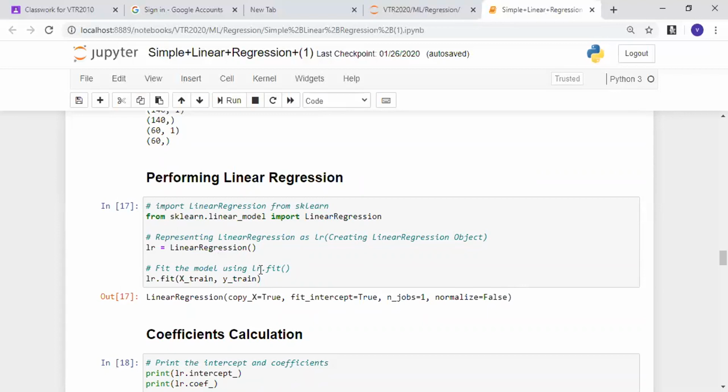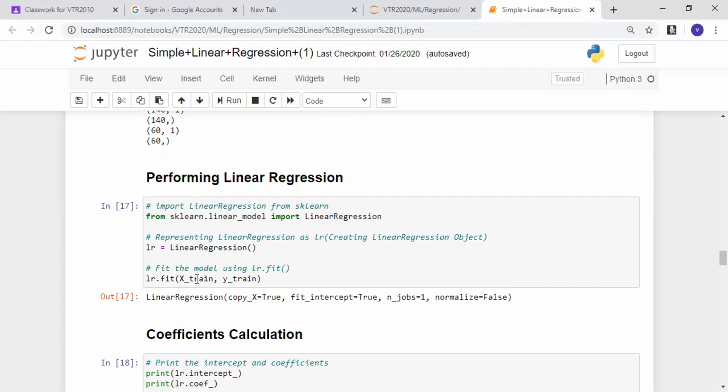Next, I'm passing both independent and dependent variables, because regression is a supervised machine learning technique where you need to give the input and you have to give an output. I've given the input, the independent variable, as xtrain, and the dependent variable as ytrain. My testing we'll see later. Let us check how the machine learning has built the model. For now, you must understand we have given LR.fit xtrain and ytrain, where xtrain is the independent variable training data and ytrain is the dependent variable training data.